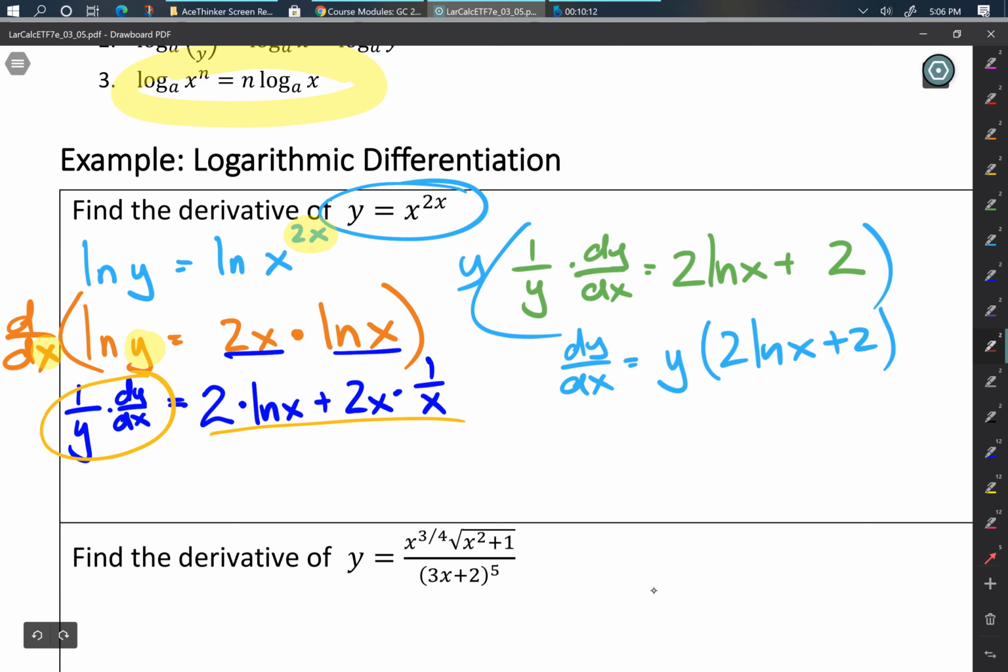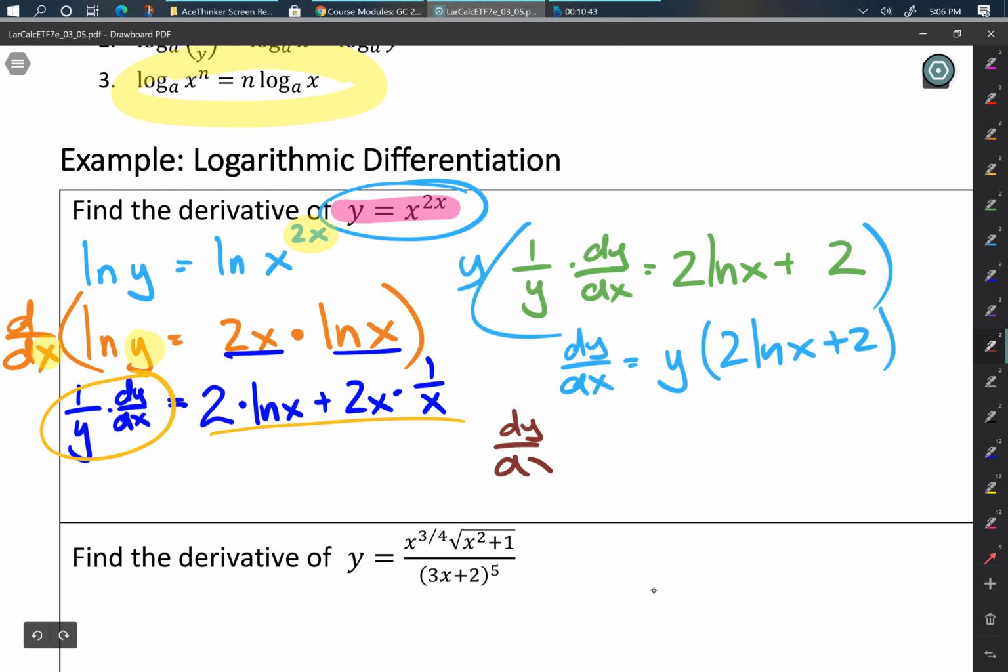Now, that's not right. And here's what's wrong with it. The original function was handed to me explicitly: dependent variable equals blah, blah, blah, independent variable. And if the original equation was handed to me explicitly, I've got to write the final derivative explicitly. So I'm going to rewrite this line as